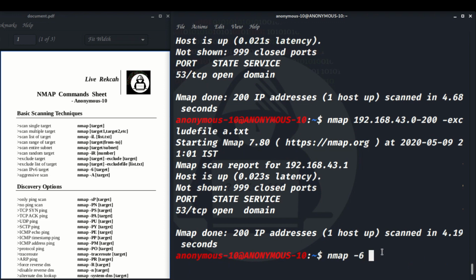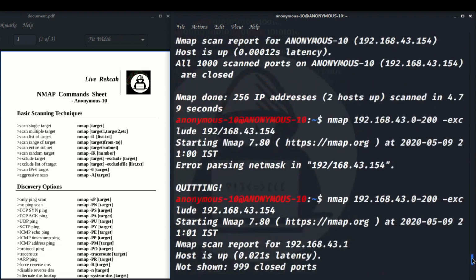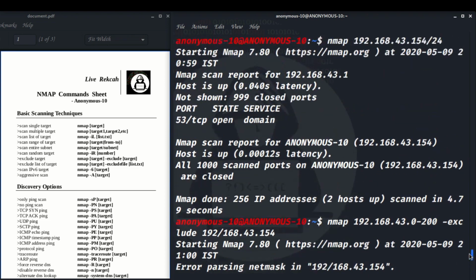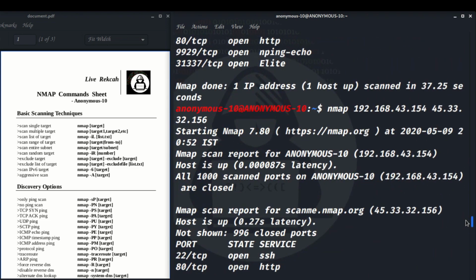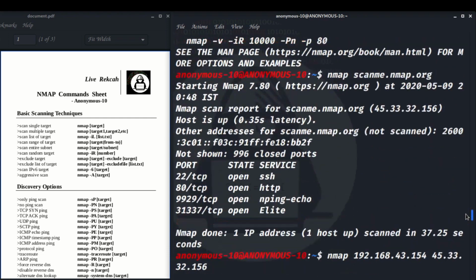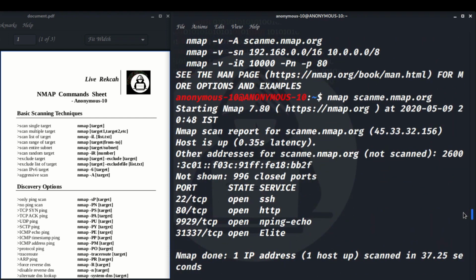So what I am going to do is put nmap.org. Wait, just go up and search for it. There we got the IP address version 6 for that. I just copy this.